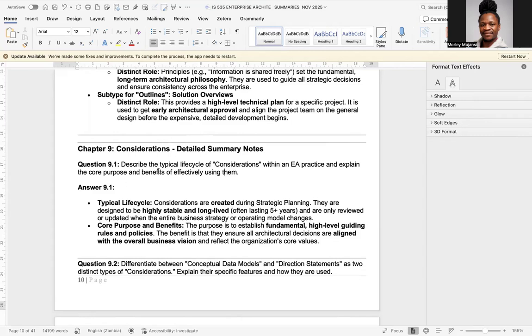So we are being asked to describe the typical life cycle of consideration within an EA practice, and also explain the core purpose and benefits of effectively using them. So what they're saying is that how does the life cycle of considerations look like from within an EA practice, and explain the core purpose and benefits of using considerations. So a typical life cycle,